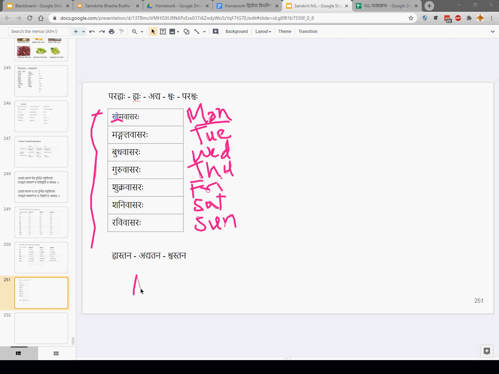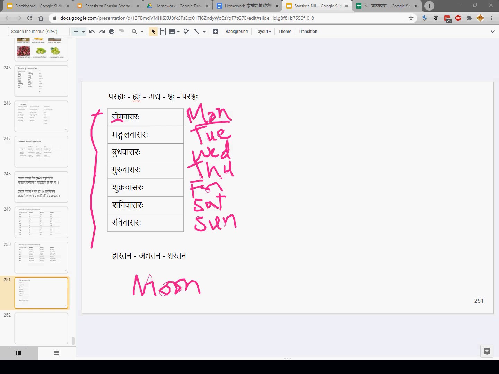Soma Vasara. Soma is actually moon. Somaha is a pulling word. So there are other words also for moon. We can replace this Soma word in Vasara with something different, which is equivalent to a synonym of moon in Sanskrit. So if you hear a different name for a day of the week, don't get confused. It may be confusing, but understand that they may be saying some different word for the moon